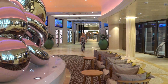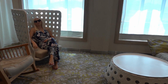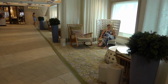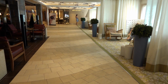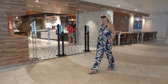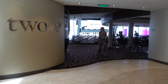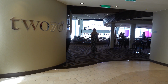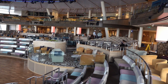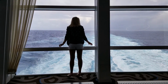One may think, and that was actually our initial impression as well, that all the cool stuff is centered around the Royal Esplanade. But actually, the area south from it on deck 5 is way more interesting. As we pass through a couple more art installations, a few boutiques, and a few food venues, we arrive at our favorite part of this ship, the 270. Part theater, part lounge, part just cozy space. This two-story place is at the very back of the ship, and gives you gorgeous views of the ship's wake during the day